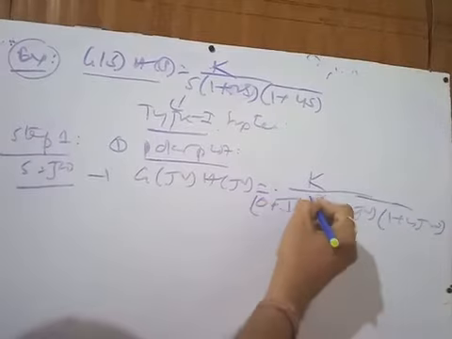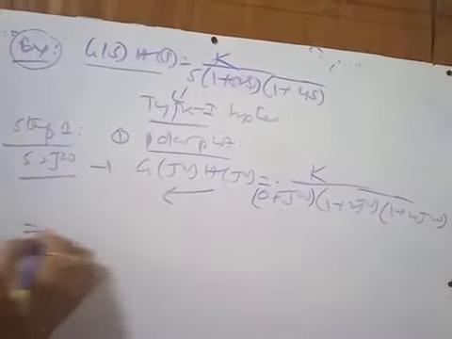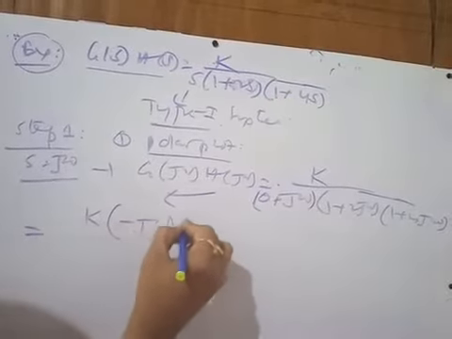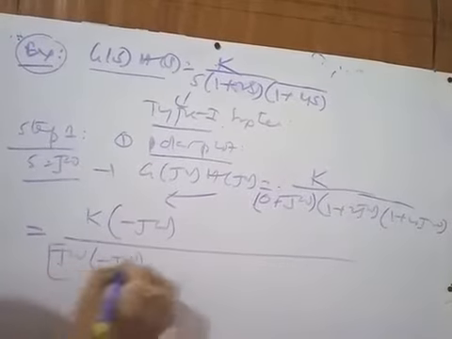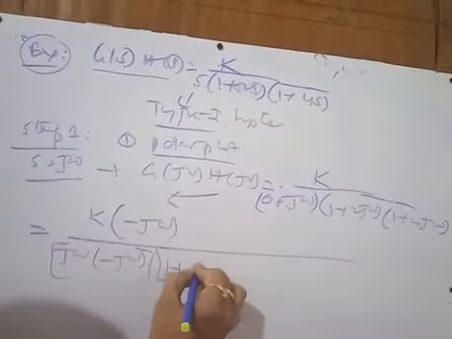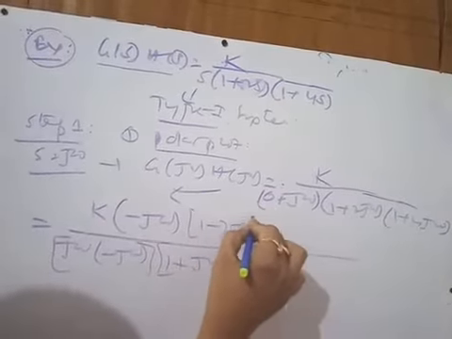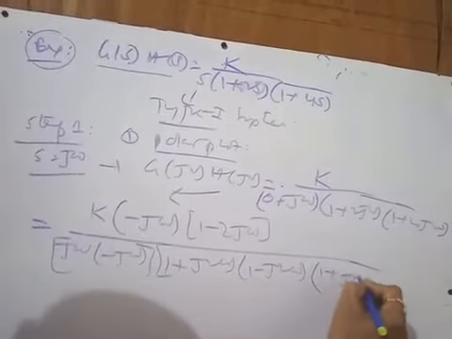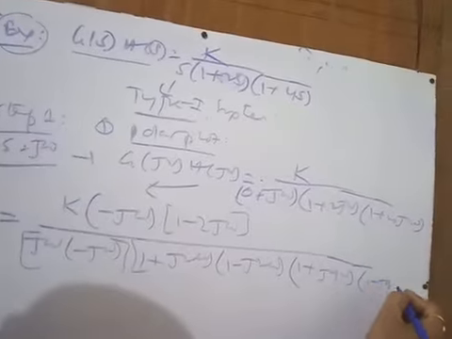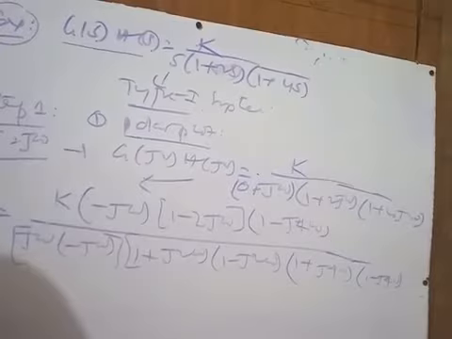So you may take it as 0 plus j omega. So multiply with this. This will give you k into minus j omega, as you multiply j omega into minus j omega, that is one section. Second section 1 plus j 2 omega, so you multiply with 1 minus j 2 omega. Similarly 1 plus j 4 omega into 1 minus j 4 omega. Right? So you just go on multiplying the numerator terms.